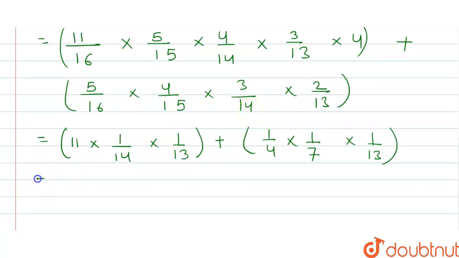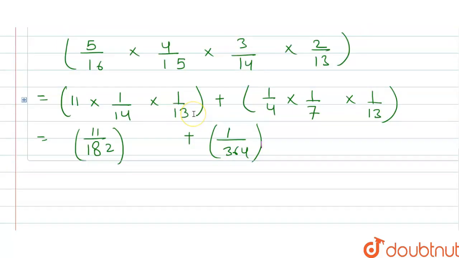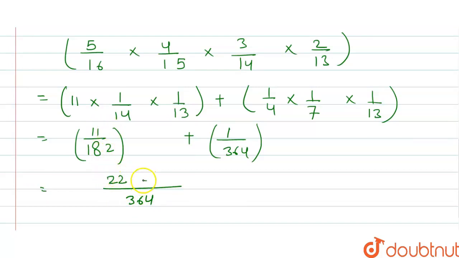Now if you solve this term, we got 11 by 182. If you solve this term, then we got 1 by 364. The multiplication of 4, 7 and 13, that is 364. The multiplication of 1, 1, 1, we got 1. Then we have to add, that is 364, we got 22. 11 multiplied by 2, 22. 364 multiply 1, then 23 upon